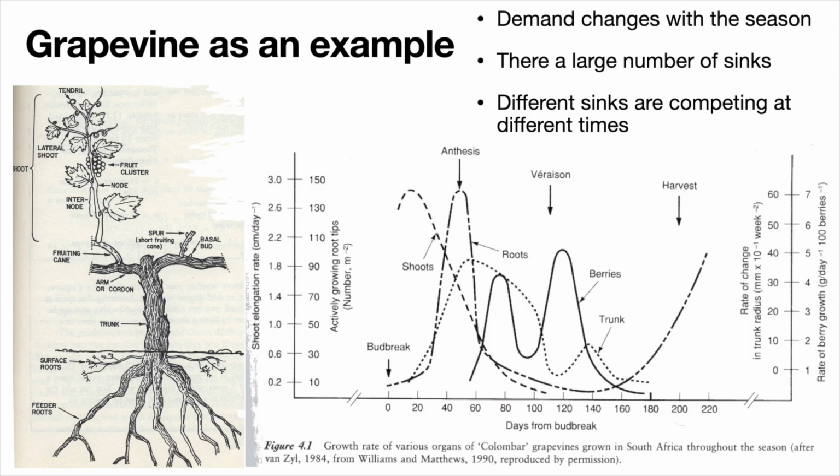This figure shows the competition between different sinks, how one sink can influence the growth of the other sinks. This, in large part, is driven by the berry growth, which is the strongest and probably the most important sink for the plant. Again, just to remind you that it is the